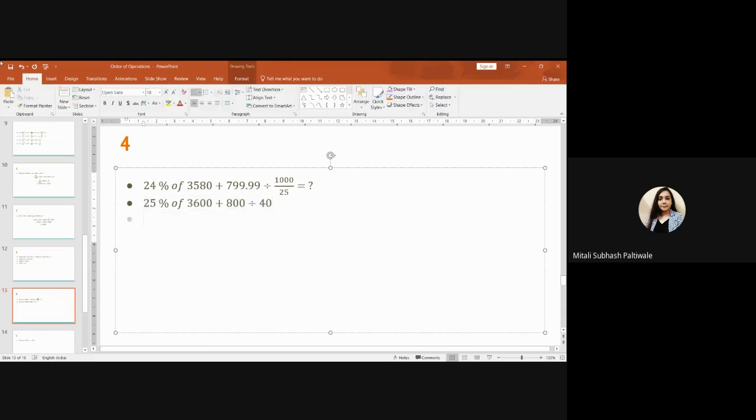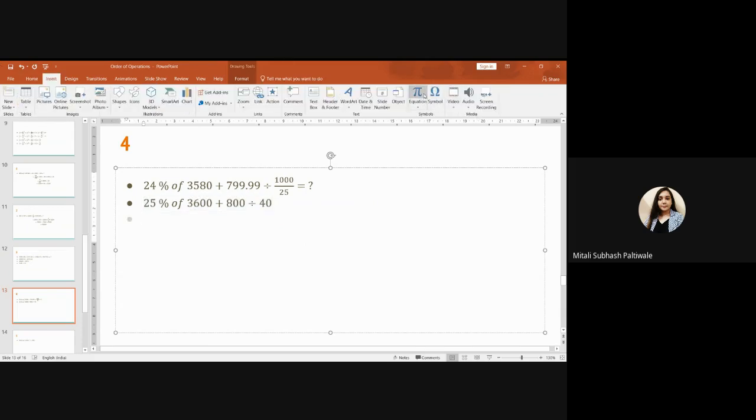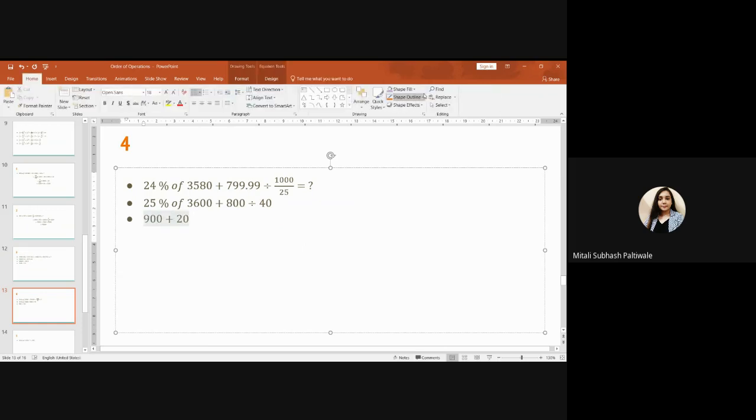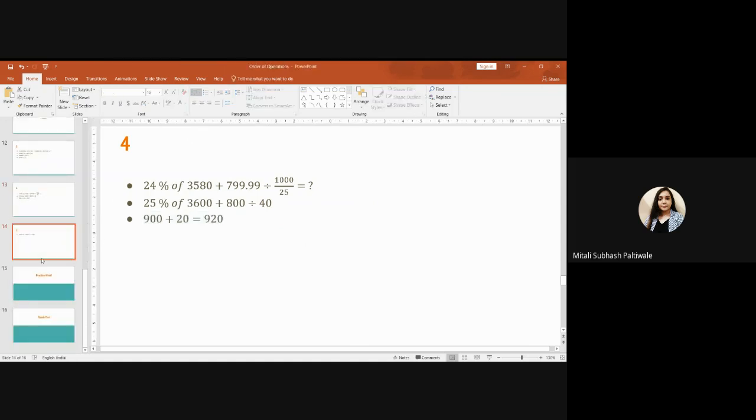Now let us see what will happen next. 3600's 25% would be 900 plus 800 divided by 40, which is nothing but 20. So this gives me the answer as 920. So 920 is the right answer for this question. Now next, here, look at this one. It says